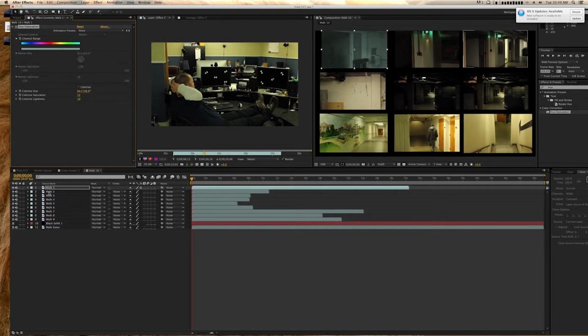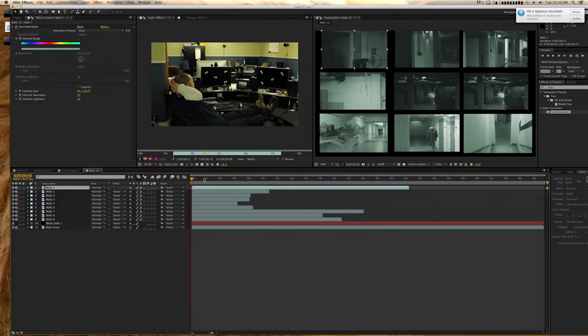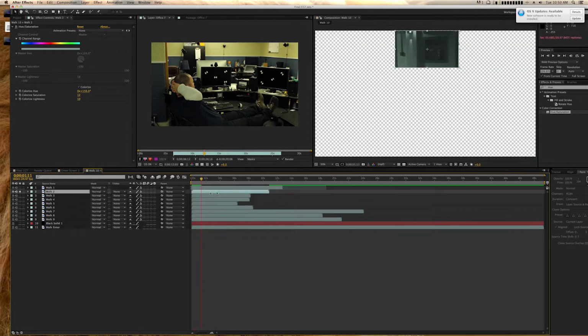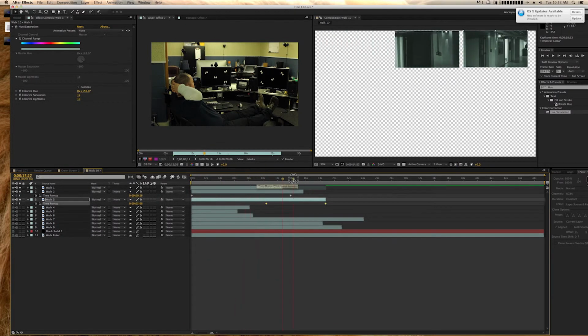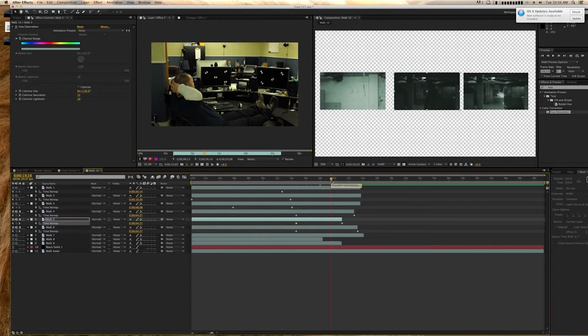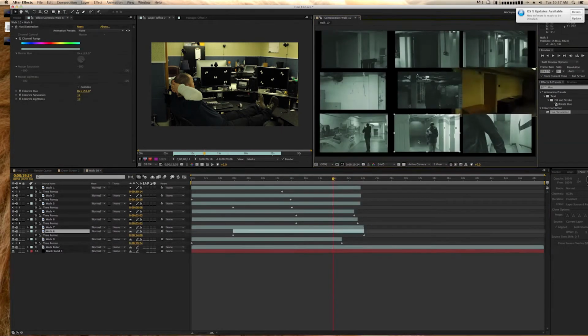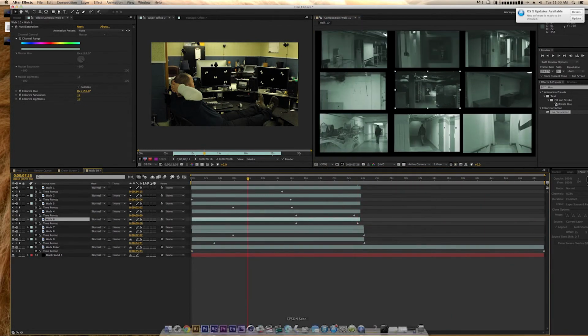Hue and saturation, copy and paste it on all the other layers. Then you need to adjust the timing of all the other shots. What you do is enable time remapping by right-clicking on it, time, and enable time remapping. This way it maintains a constant flow of continuity. Once you've finished making it properly timed and making it look like an actual security monitor,